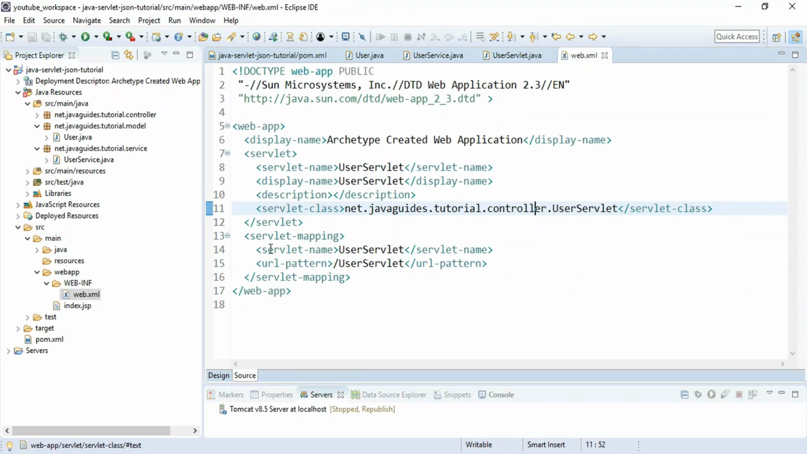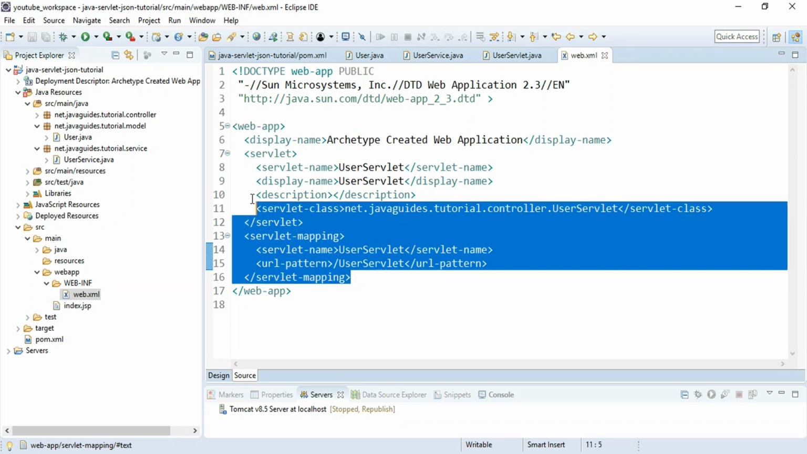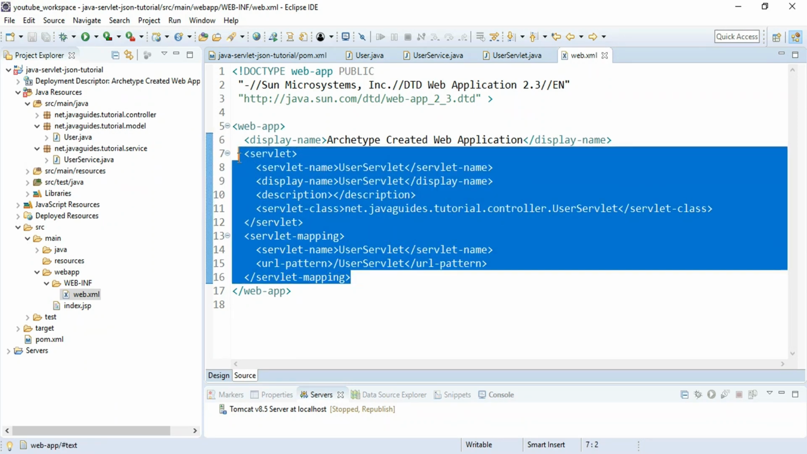And look at here the servlet mapping, so we need to access this servlet. We can access this servlet using this URL pattern. Great. So instead of configuring this servlet in web.xml, we can also use the @WebServlet annotation to define a servlet. So let me show you how to do that. Let me comment it out